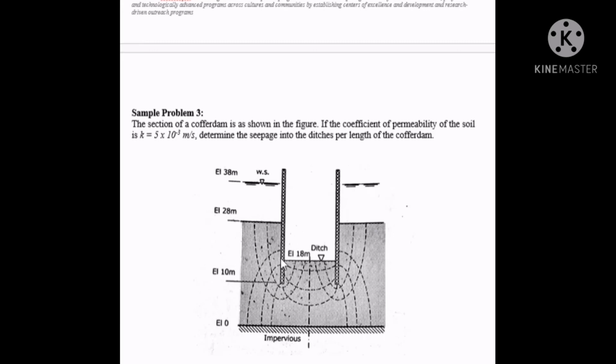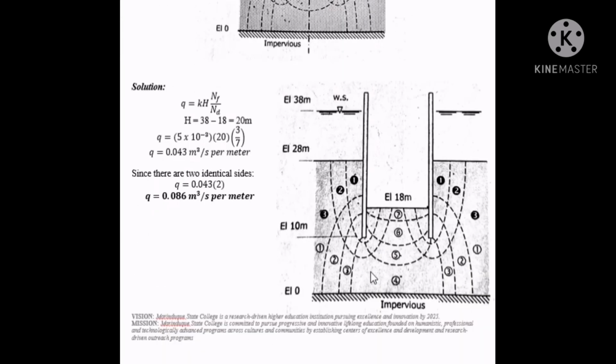So, if we were going to analyze this problem, we can start first with this part, and then just multiply it by 2, because the number of flow lines and equipotential lines are the same. We just multiply Q by 2. We're going to get the seepage into the ditches per length of the coffer dam here. So let's solve it. In this example, there are no given Kx and Kz. That means